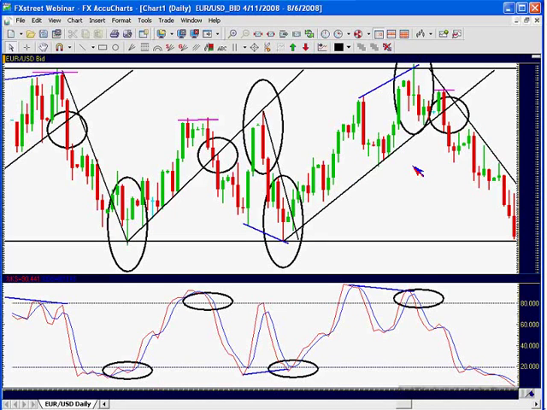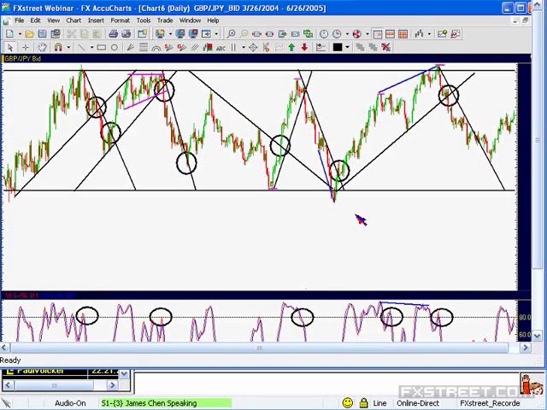Okay, same type of thing here. Let me just show you real quick. Same type of thing. I've got a horizontal range. This is pound yen. As you can see here, I've got negative classic divergence, higher high in price, lower high in the oscillator, and then I don't have any real good candle patterns there, but right at resistance, top of